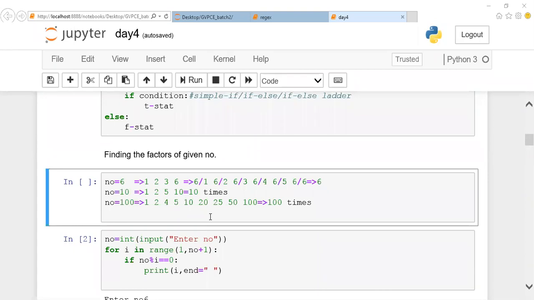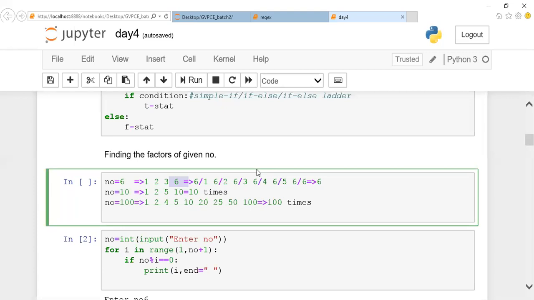Good, Sai Pavan, good. Jansi, what have you mentioned? Can you find it is a multiple? Okay.